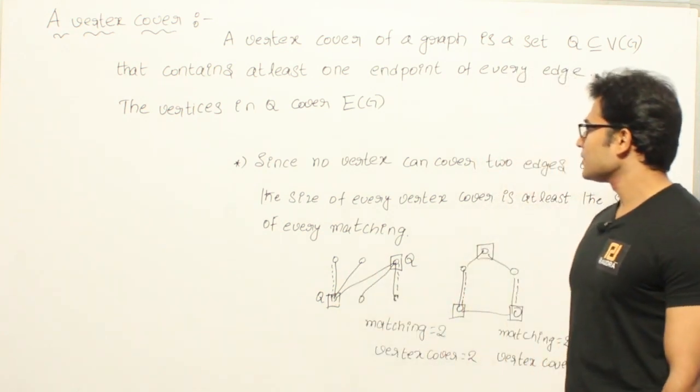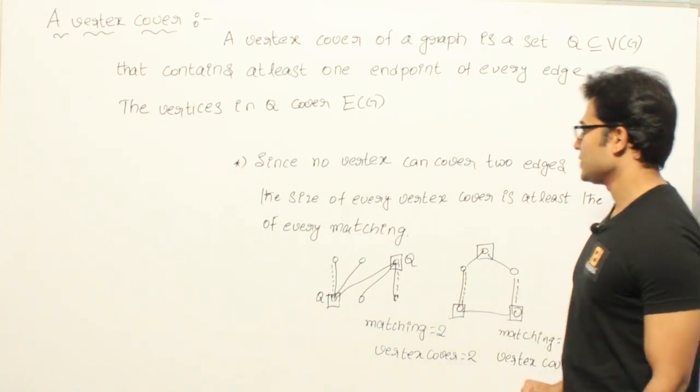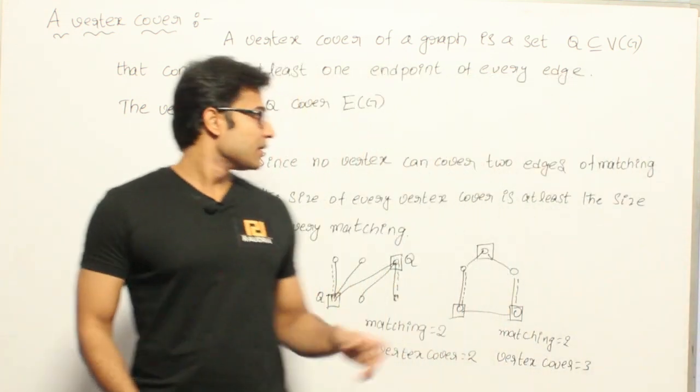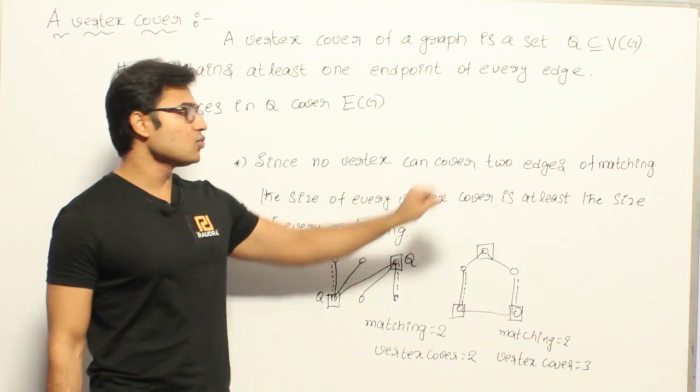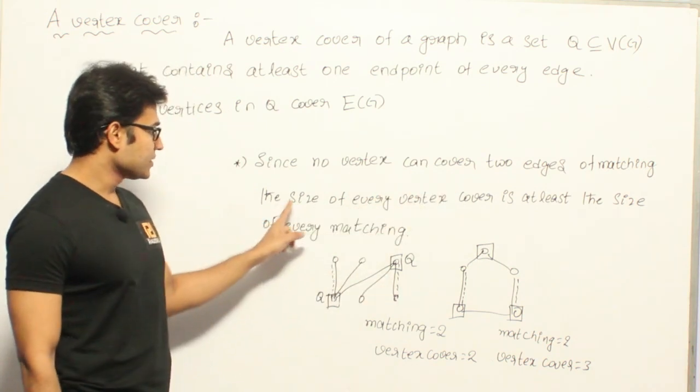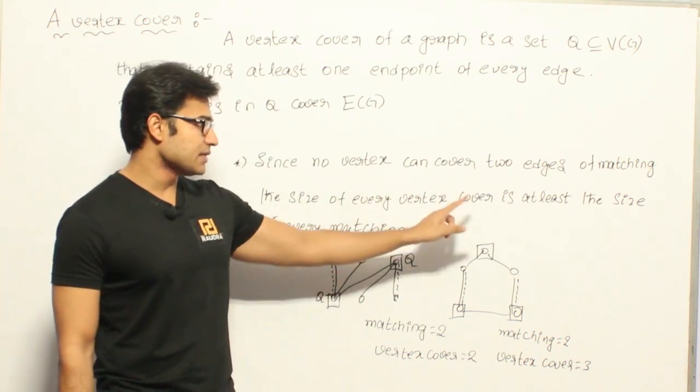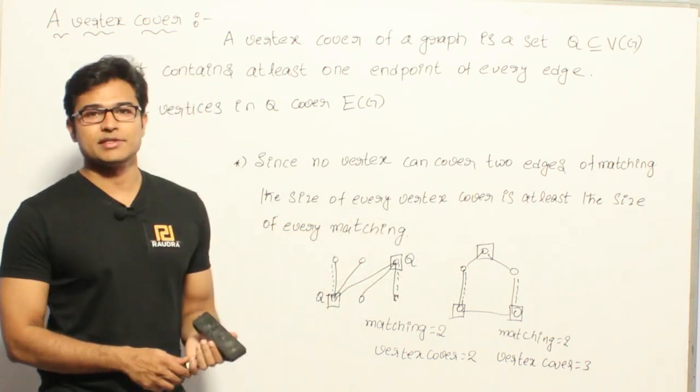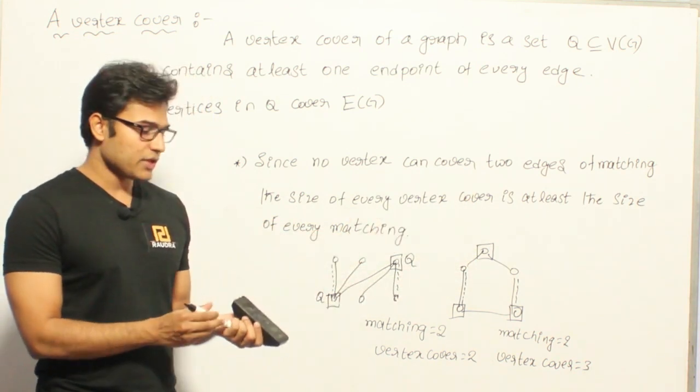Now what is the relationship between the vertex cover and the matching? See this: since no vertex can cover two edges of the matching, the size of every vertex cover is at least the size of every matching. So they are saying that,